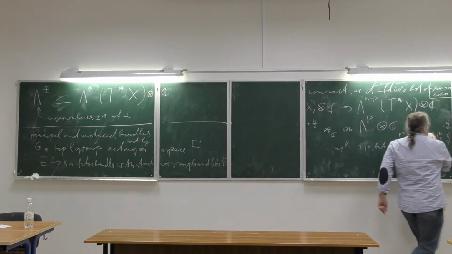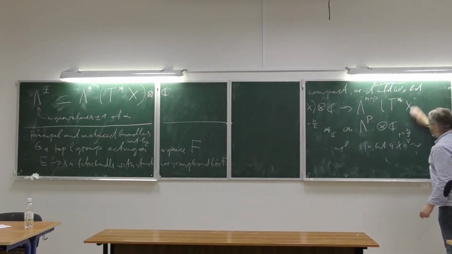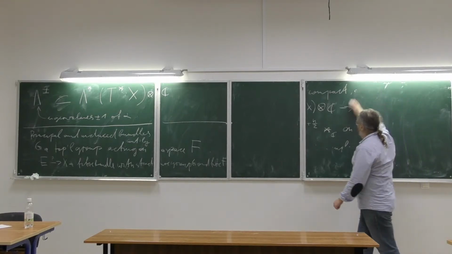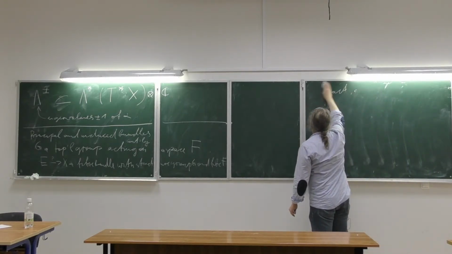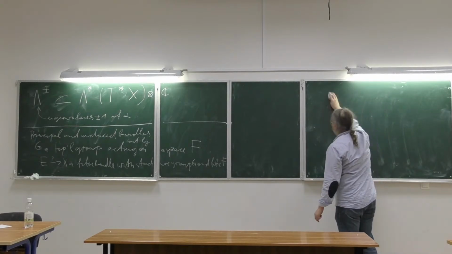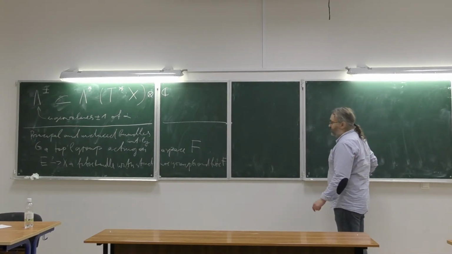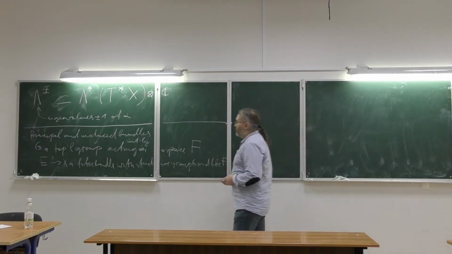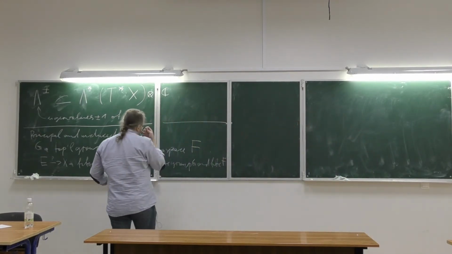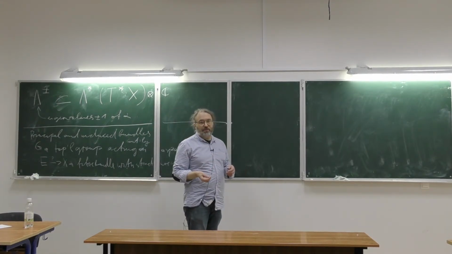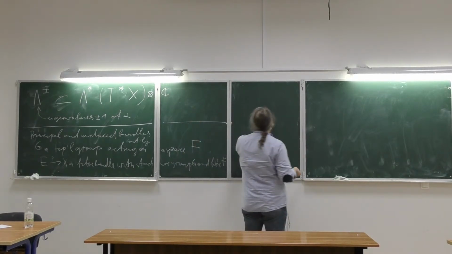Because there are several possible versions, the identification should be G invariant. No, it should belong to G. Okay, so